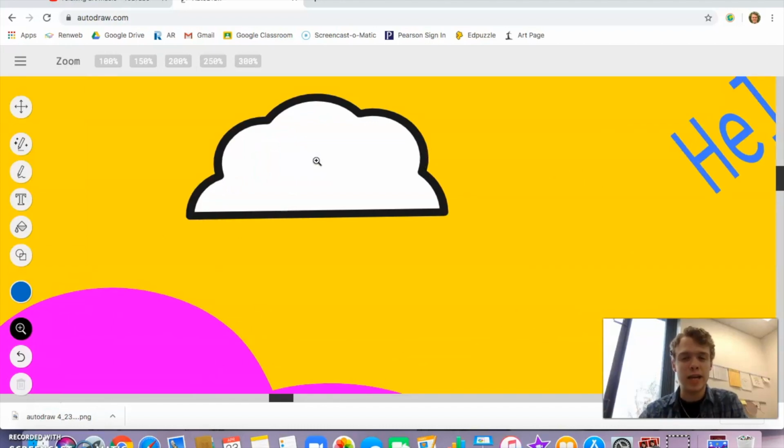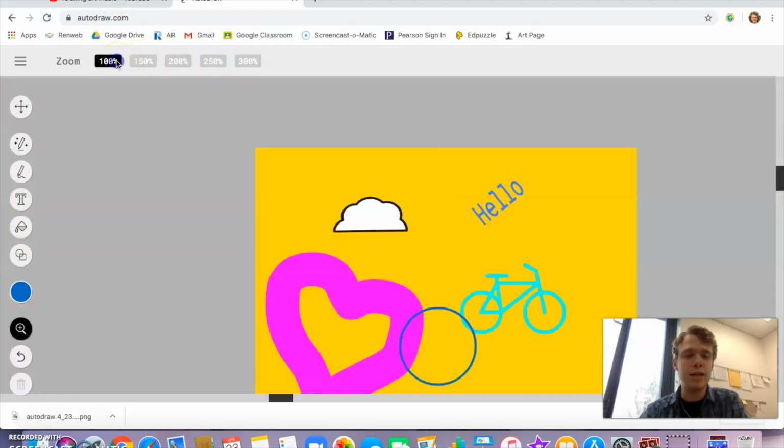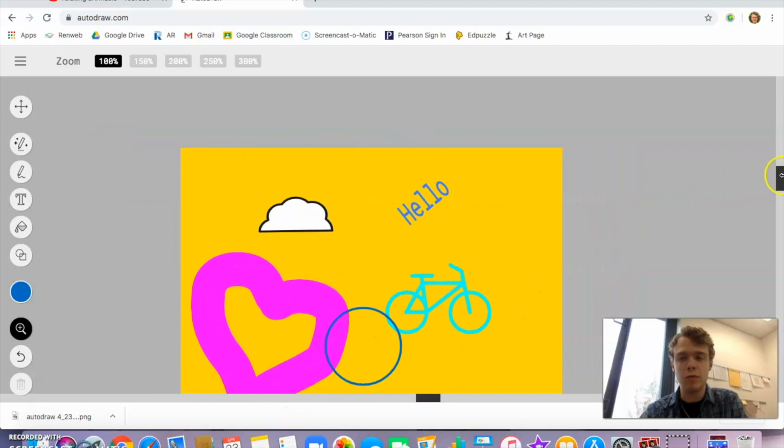But how do I zoom out? I'm too close to see other stuff. So I'm going to go up here and click 100%. That means I can see 100% of the screen. Now I'm a little off center, so I'm going to grab these little things down here, move them over so